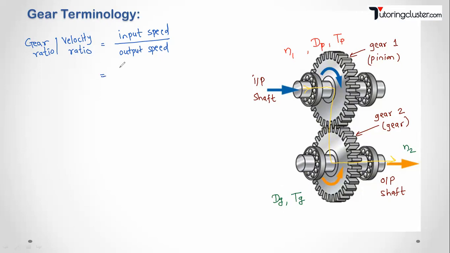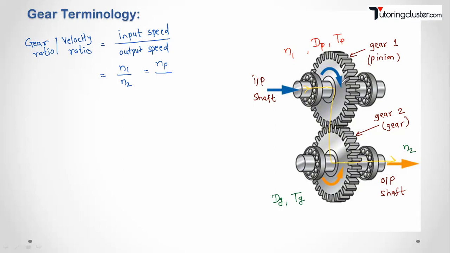This is equal to the input speed n1 divided by n2. Now this pinion is mounted on the input shaft. Mounted means, look, the color is shown the same here. So the speed of the input shaft and the speed of the pinion will be equal. So instead of n1, I am now writing np divided by